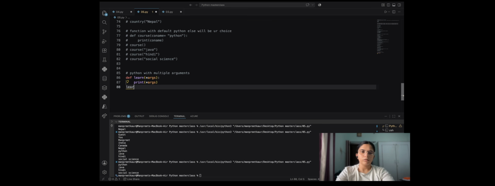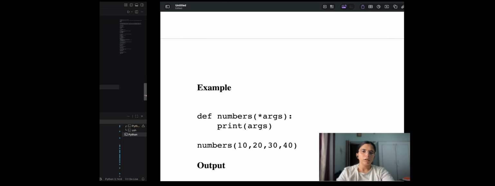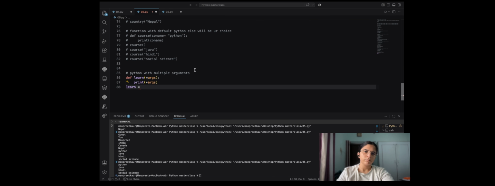Learn is equal to 10, 20, 30. 10, 20, 30, 40.